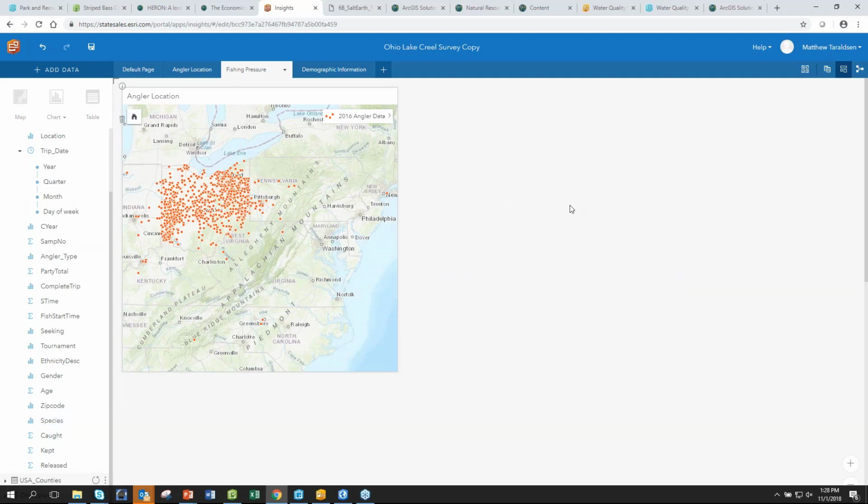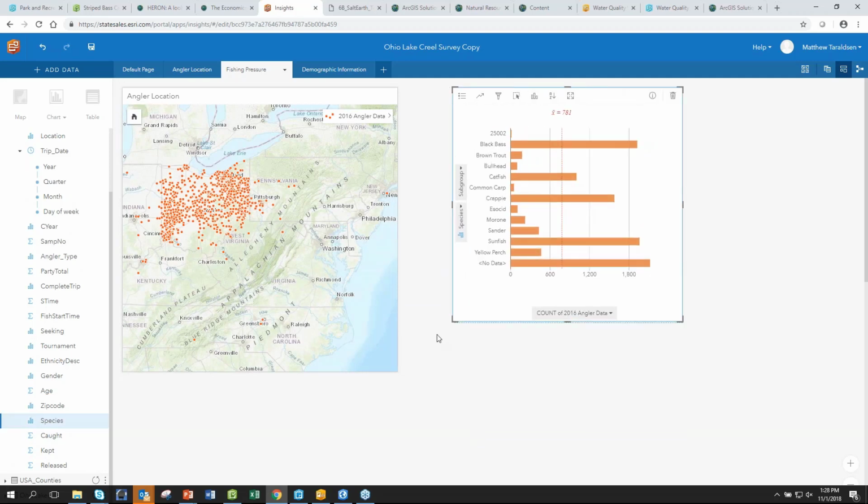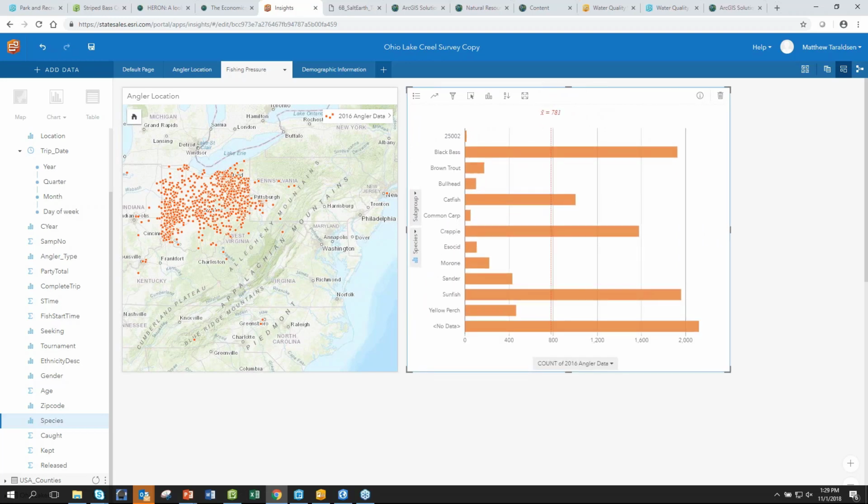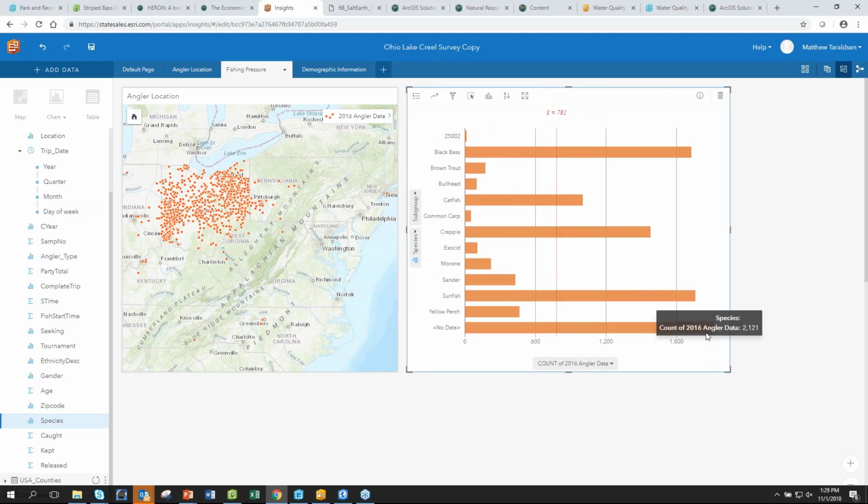I'm going to create a chart here. This is an example of all the different fish species that are in the data set. On the left here, I have those, again, geocoded locations on zip codes, and then I have fish species. Now if I'm curious about the different types of fish and where people caught them or were fishing for them,